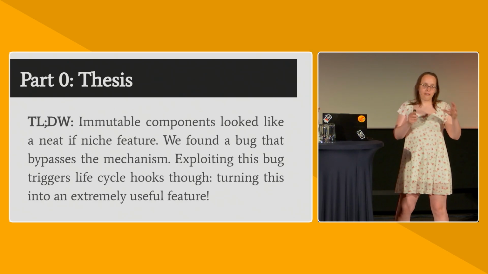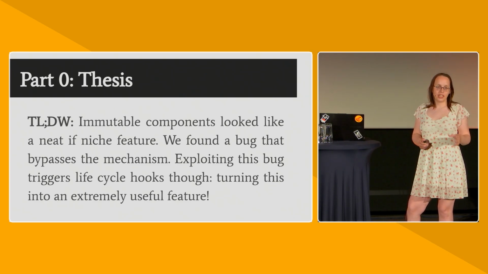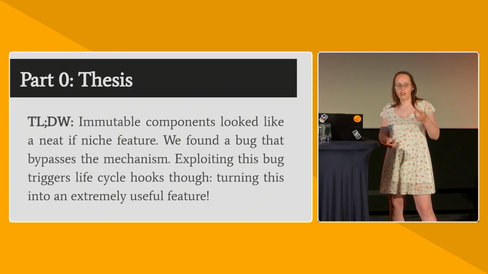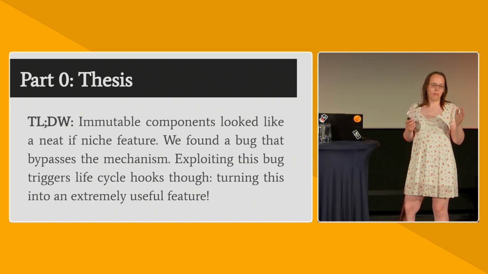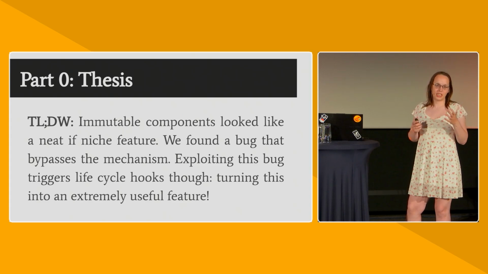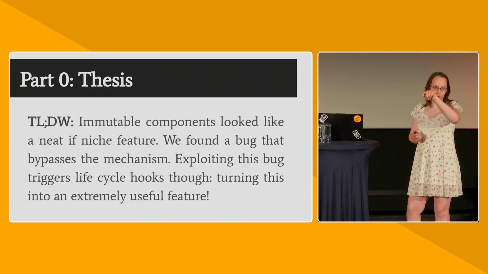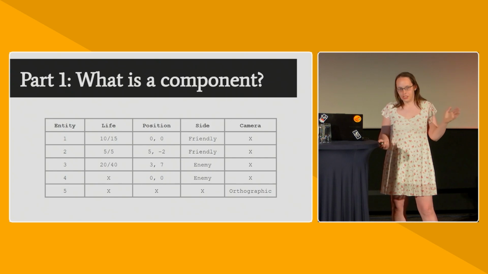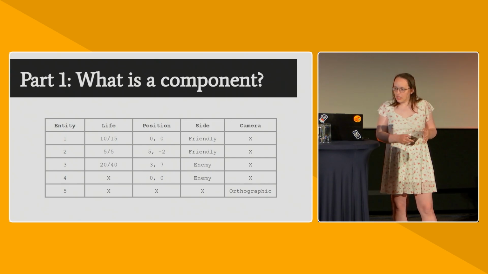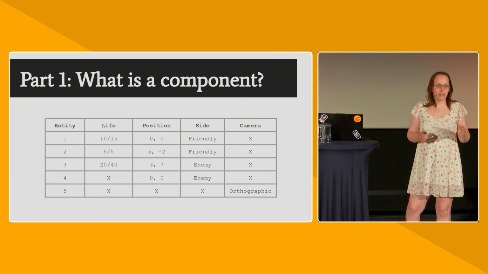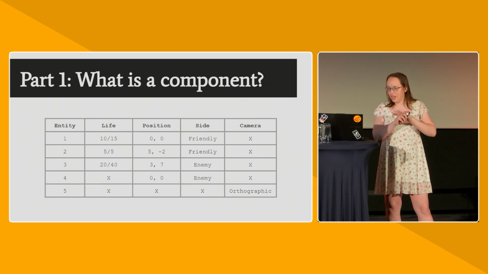So that feature that we're talking about that had this bug that turned into a feature is immutable components. This idea that you could somehow prevent users from mutating data while it's inside of the ECS. You say, no, you can look, but you can't touch, which is a very Rusty idea. So if you've never used an ECS before, if you've never used Bevy before, let's give you a quick rundown